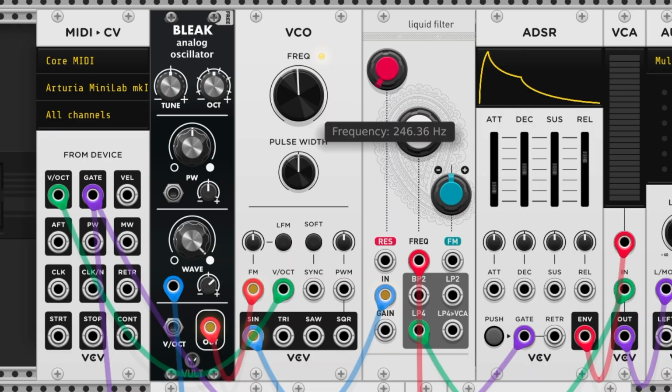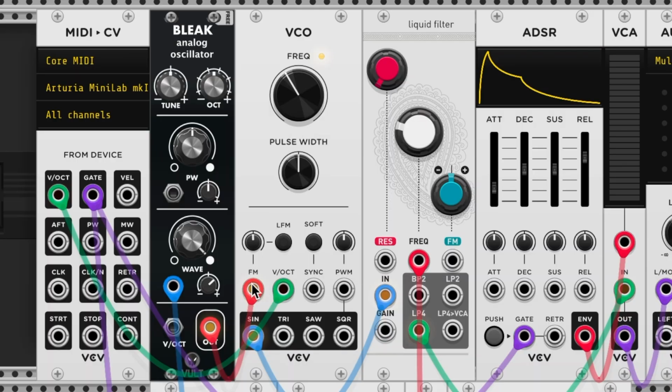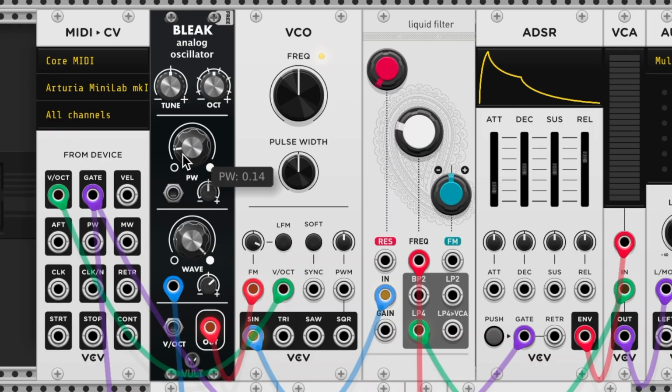Cool, we're starting to hear new timbre. What's basically happening here is I'm taking the frequency of this VCO and moving it up and down really fast at audio rate. This is basically frequency modulation, or FM, and hence FM input. Now if we change some parameter about this first bleak oscillator,